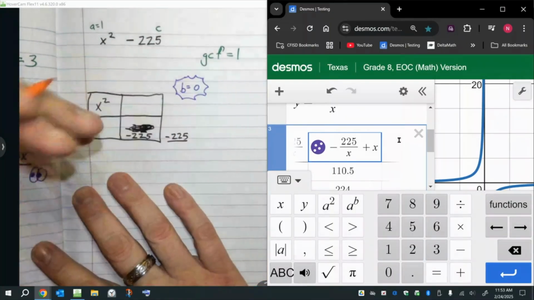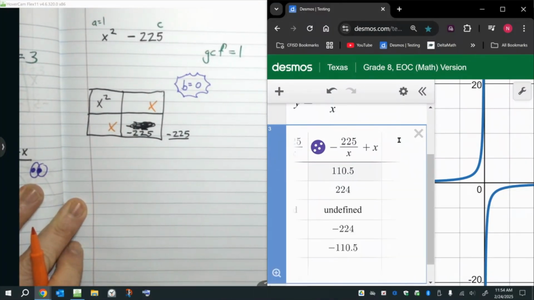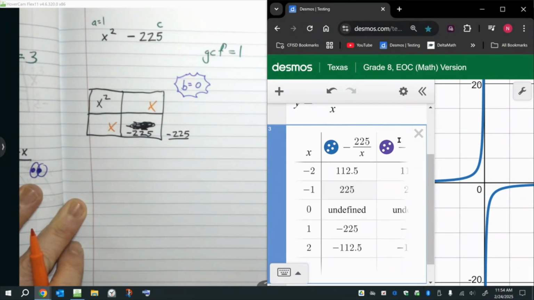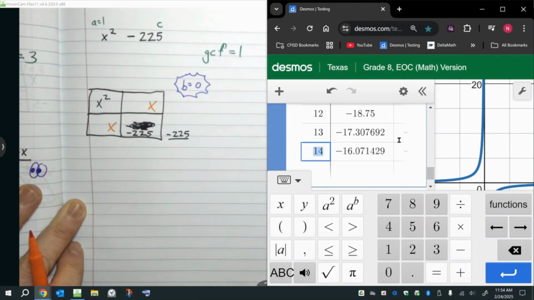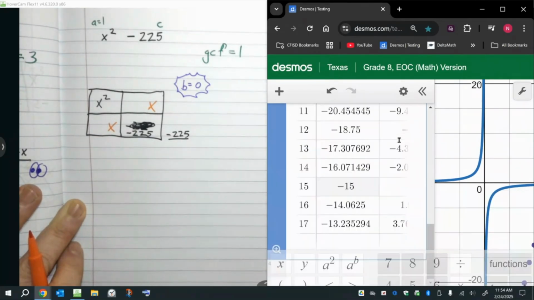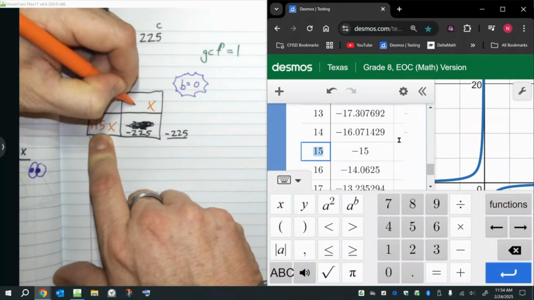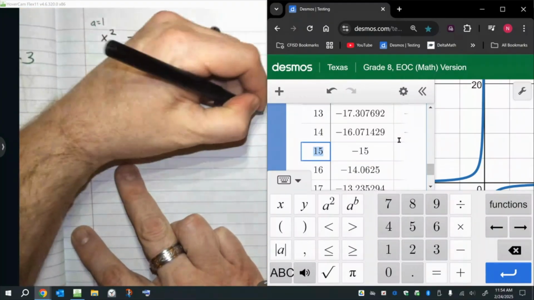So in my little table, I need something that adds to 0. What adds to 0? 15, negative 15. Adds to 0. So if I draw my table, because I didn't,